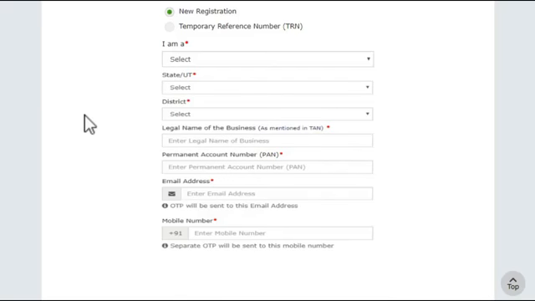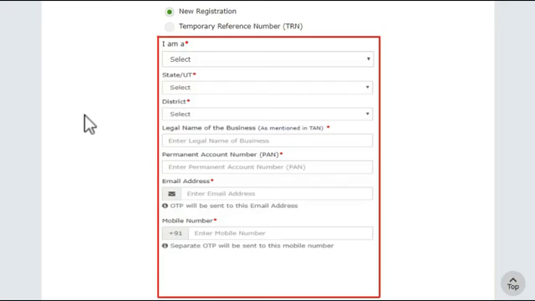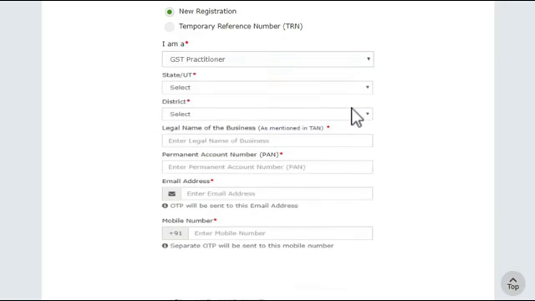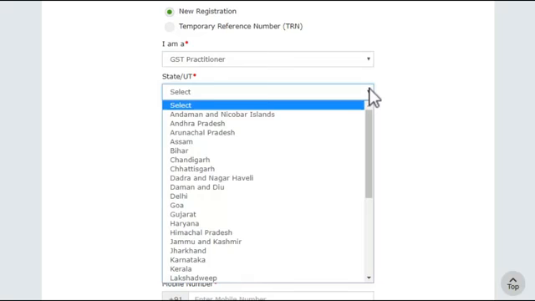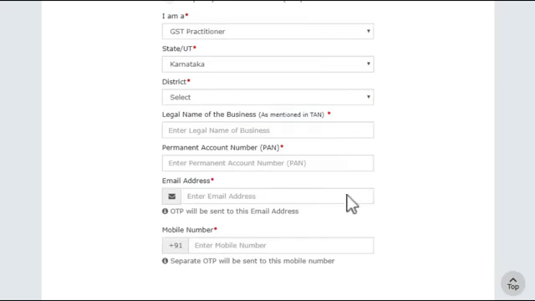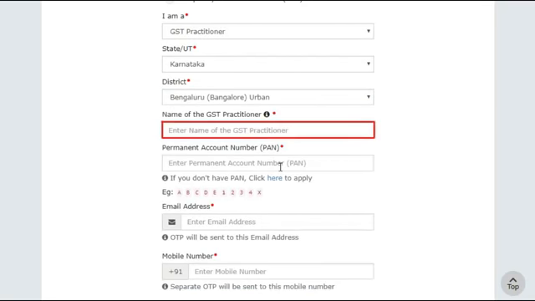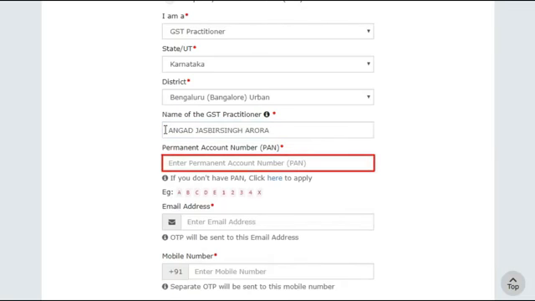Note that the fields marked with a red color dot are mandatory fields. Select New Registration and GST Practitioner. Provide your basic information, including the permanent account number, PAN.